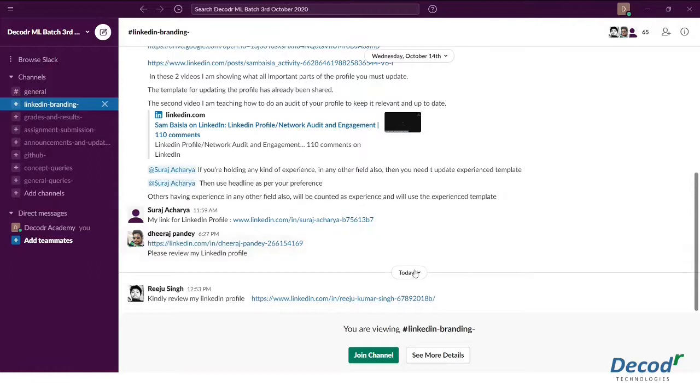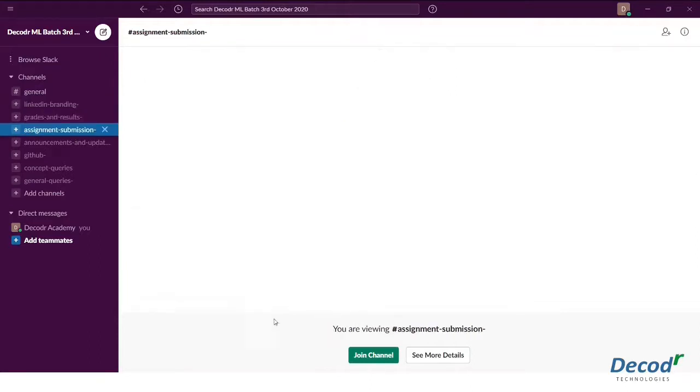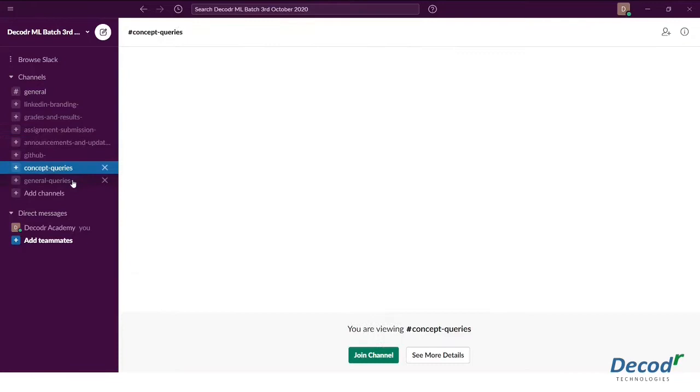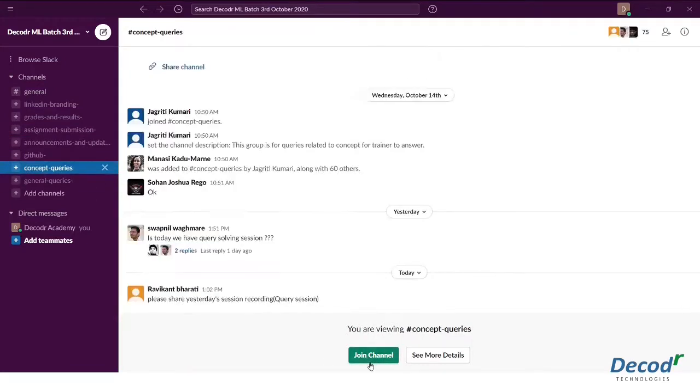You are expected to join all the channels available. As you can see, the join channel button is present on every page. If the process of installation takes more or less time, do not worry. It is all dependent upon the speed of your processor and the speed of your internet. The time may vary.